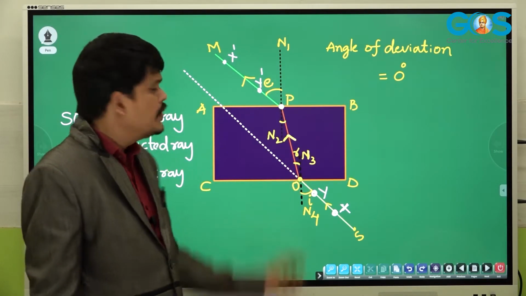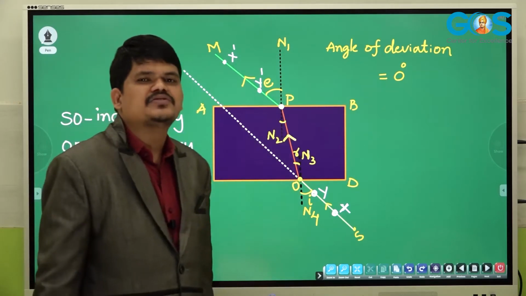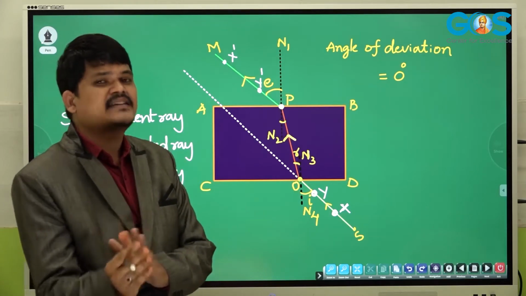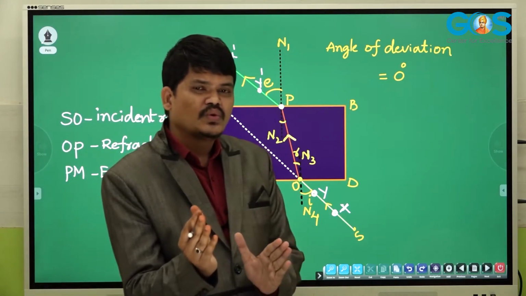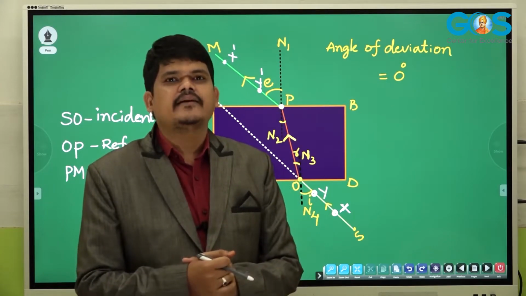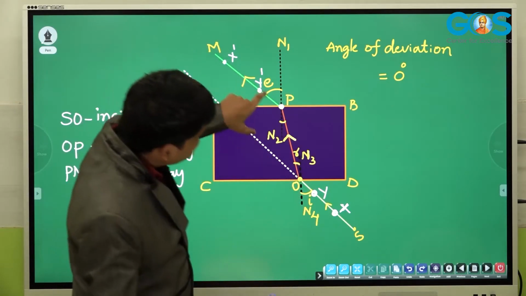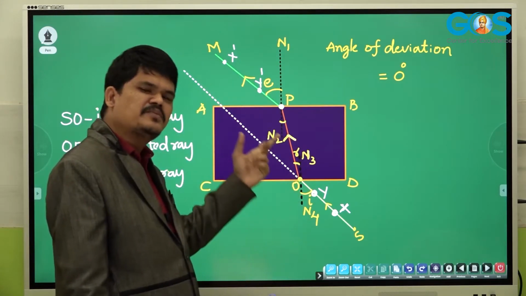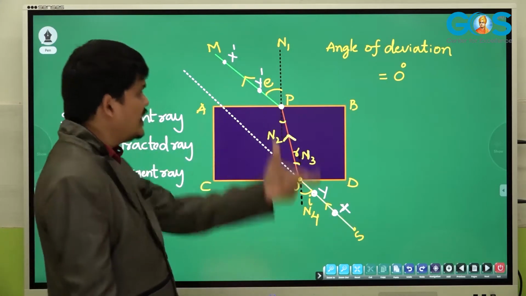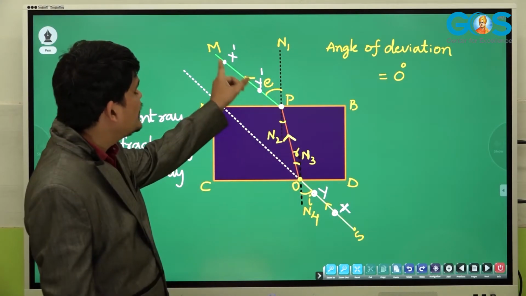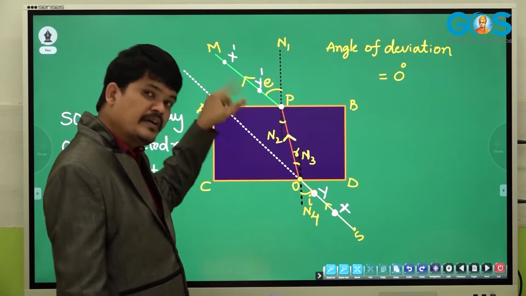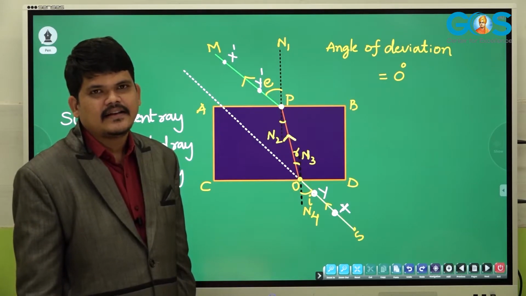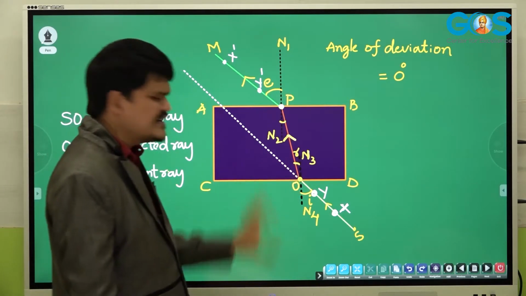Now take out the glass slab from the position and see what actually the ray suffers as the light ray passes through the rectangular glass slab. While we are seeing through the glass slab, we can feel that the two actual pins and the image positions appear in a straight line, but they are not actually in a straight line. As shown in the figure, the path of those two image pins is also there, that is, on the path of the refracted ray.